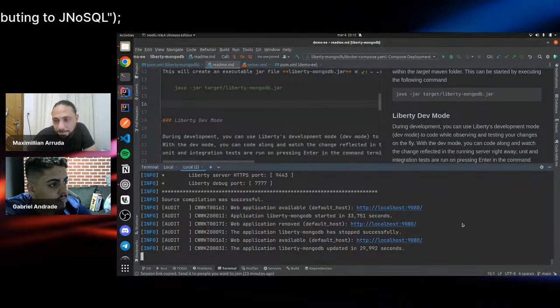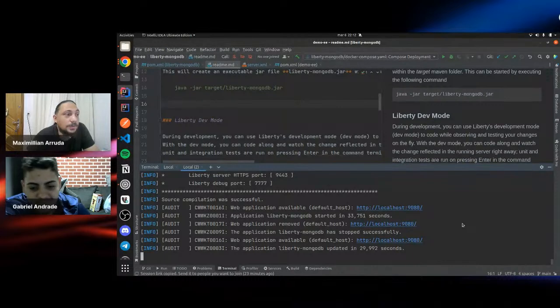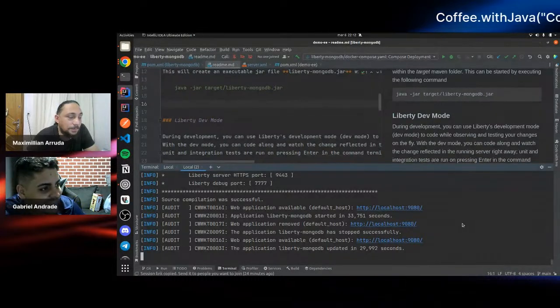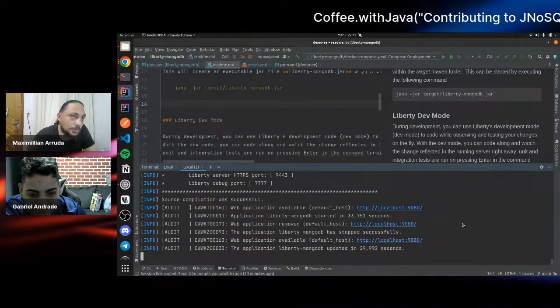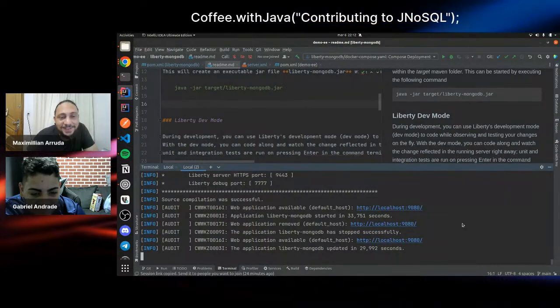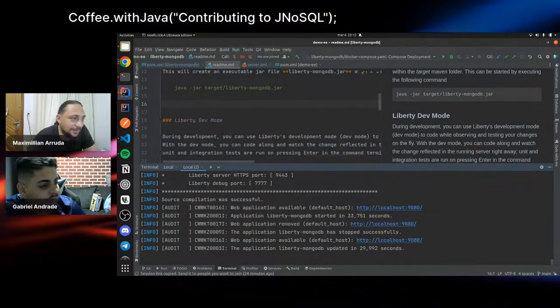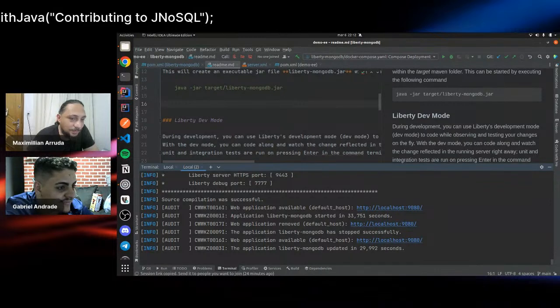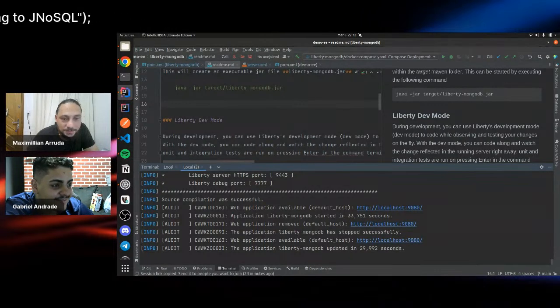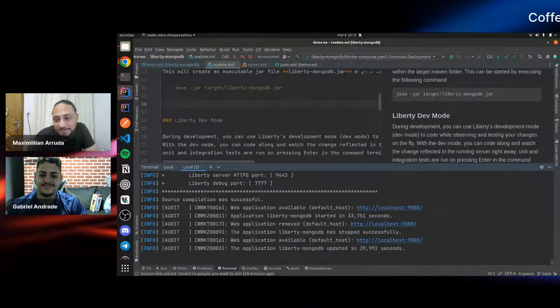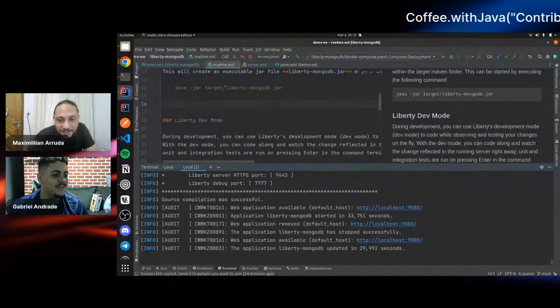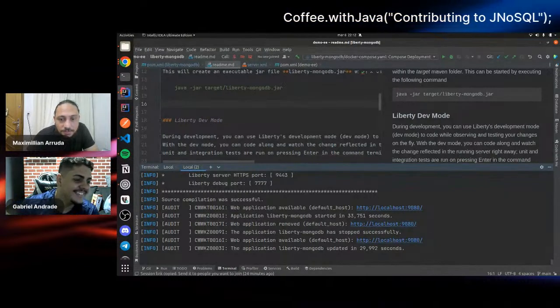That's the reason most of the speakers recommend not to do everything live, because something could happen. But like today, it looks like everything is working.